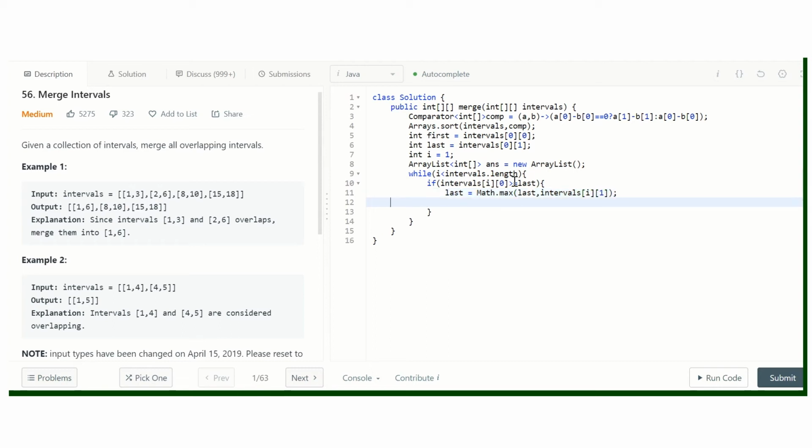Okay, if it is not the case actually, then we know that this interval is non-intersecting, so we simply need to add the previous interval.